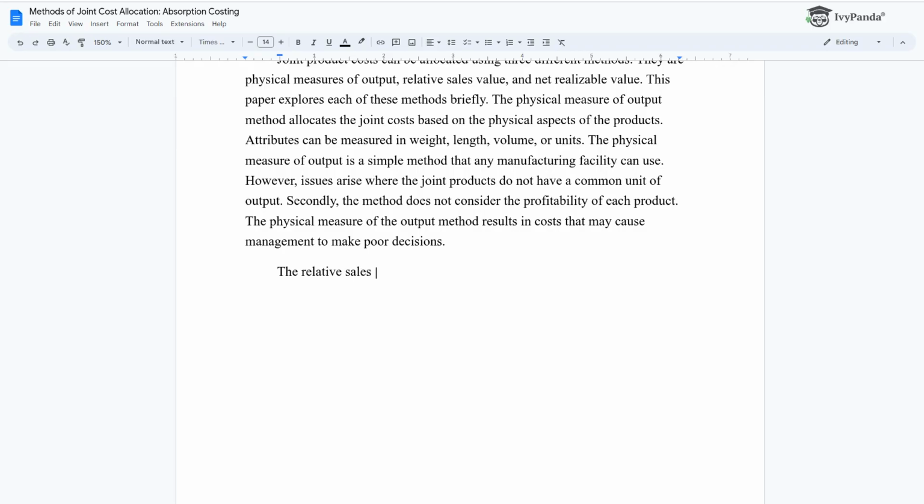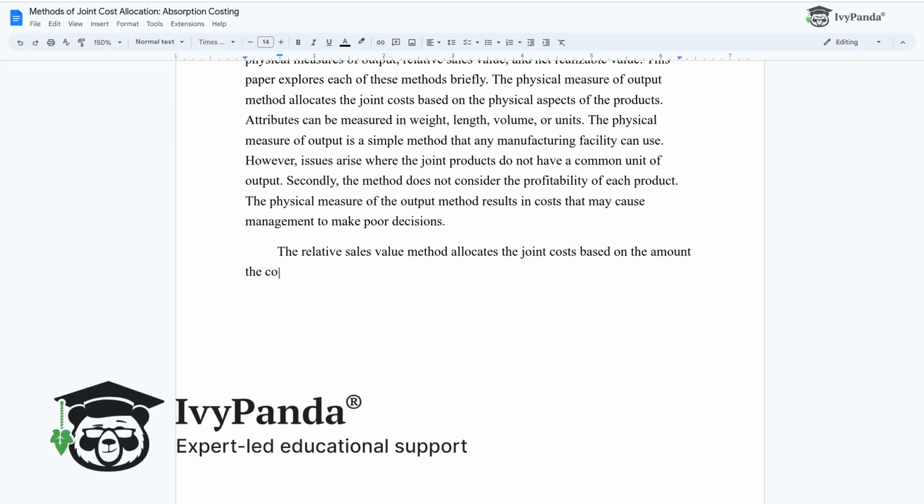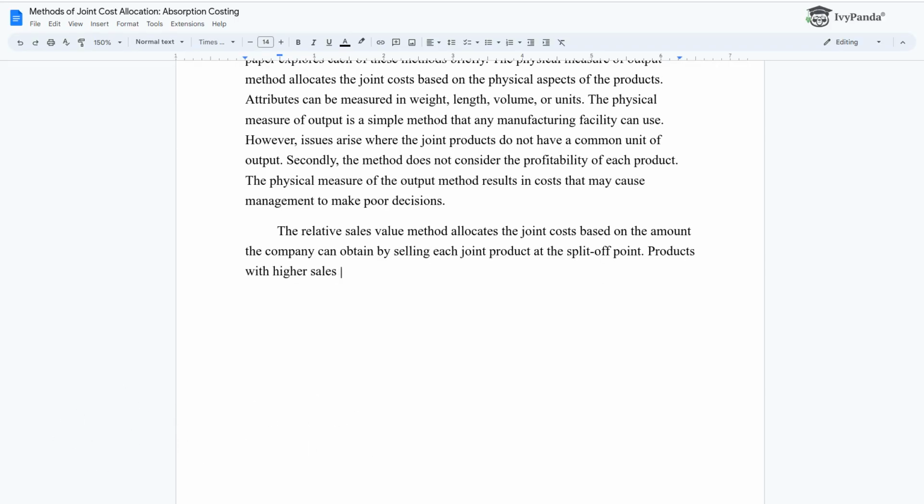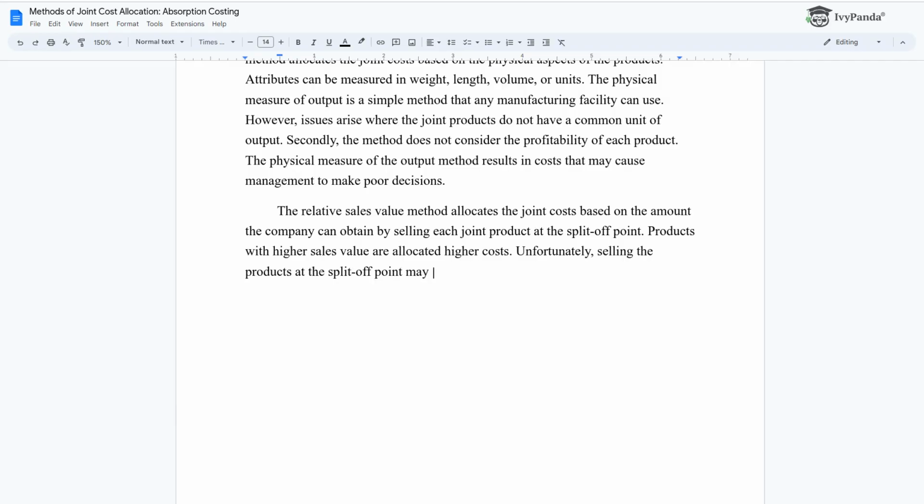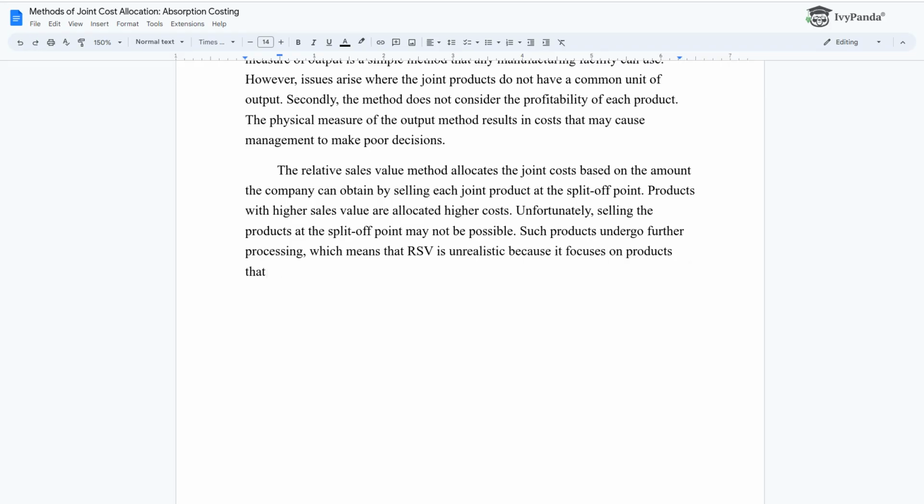The relative sales value method allocates the joint costs based on the amount the company can obtain by selling each joint product at the split-off point. Products with higher sales value are allocated higher costs. Unfortunately, selling the products at the split-off point may not be possible. Such products undergo further processing, which means that RSV is unrealistic because it focuses on products that have no actual